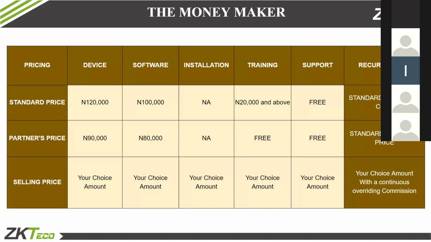So how much are you selling your installation to them? You charge any amount you like. I was talking to one of our partners yesterday. You want to install one door access control, and he's saying that the least he will collect is 60,000 naira per door, and these people are doing up to about 100 doors as a hotel. Just figure it out. If somebody is saying the least he will collect is 60,000 naira per installation, and somebody has up to 100 doors, you can quickly do your mathematics and come to a conclusion of how much the installer will be making just from a single